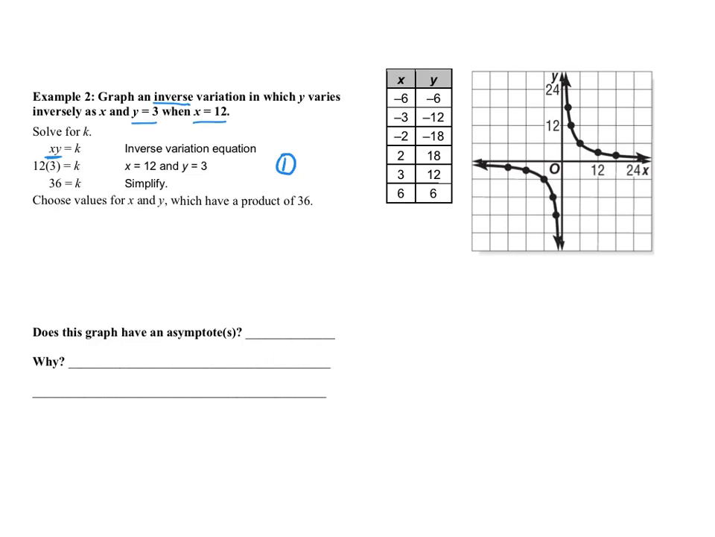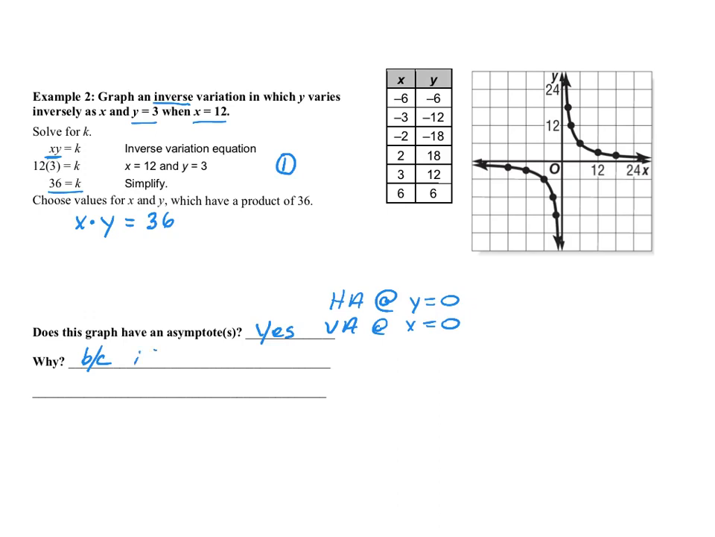So 3 times 12 is equal to 36. So our equation ends up being x times y is equal to 36. Now, from there, does this graph have asymptotes? Again, yes they do. It has a vertical asymptote at x is equal to 0 and a horizontal asymptote at y is equal to 0,